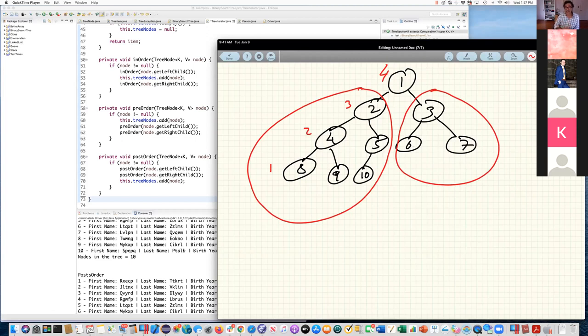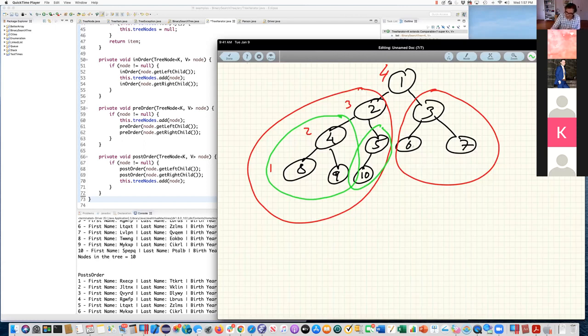So that tree looks like it's balanced, as long as all of its subtrees are balanced. If I take these two subtrees over here, which are the left subtree and the right subtree of the tree rooted at 2, they're both of height 2, right?